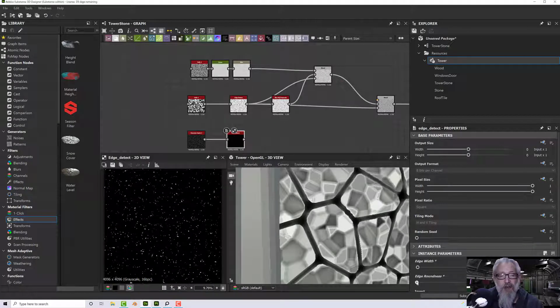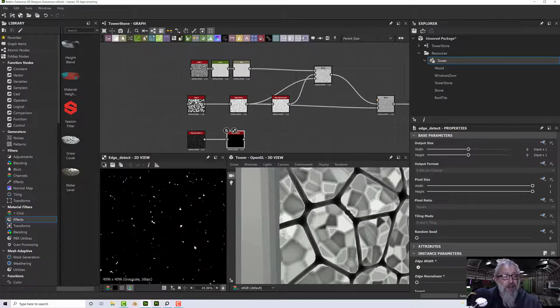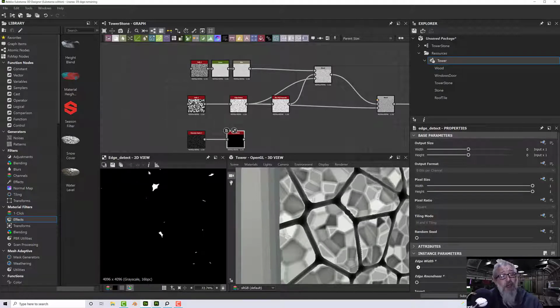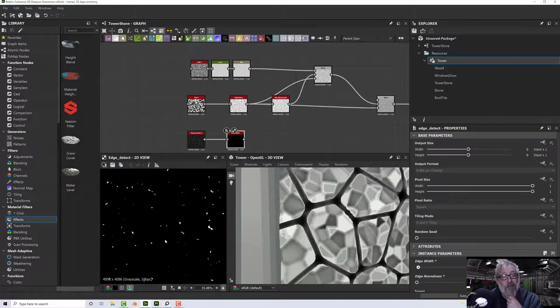So there we go. I can't round them off, they're too small, so it's just adjusting the edge width until I get a nice pattern. So that's what I'm looking for, sort of random blobby bits which aren't particularly recognizable,